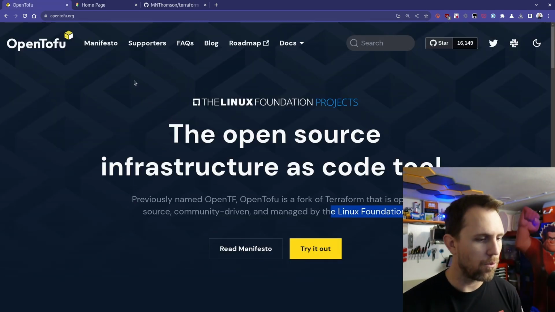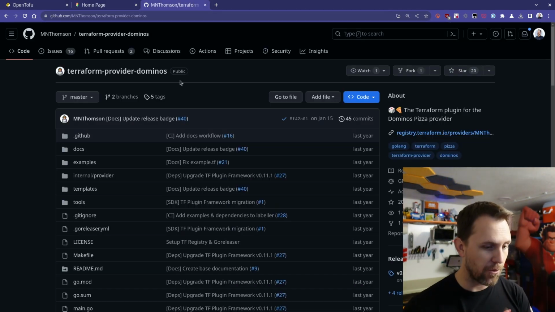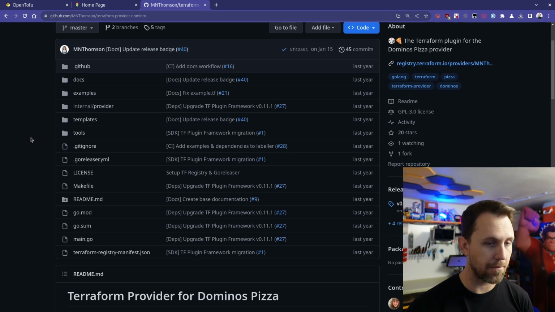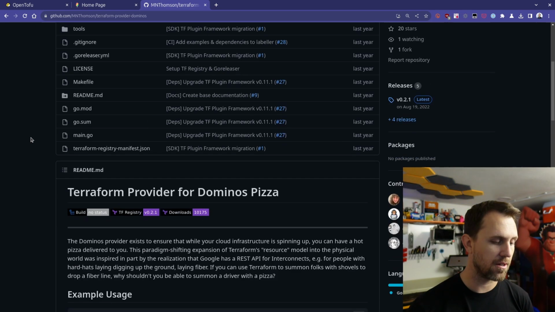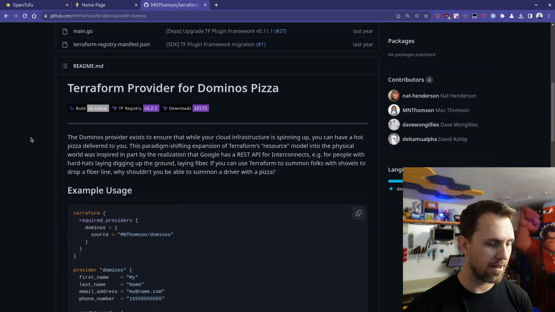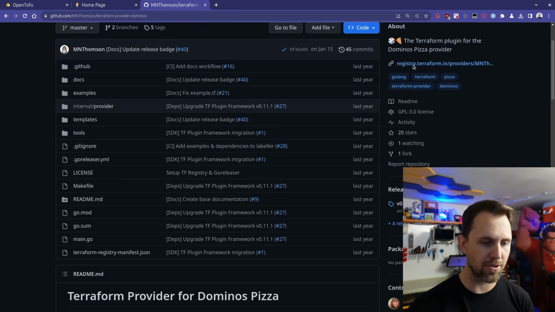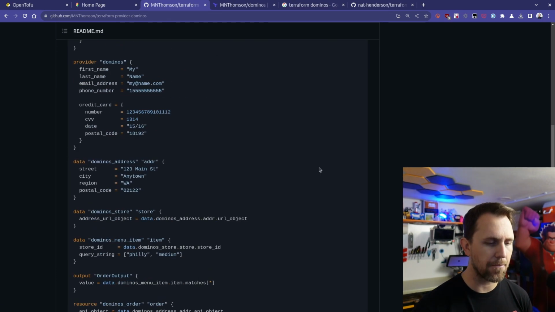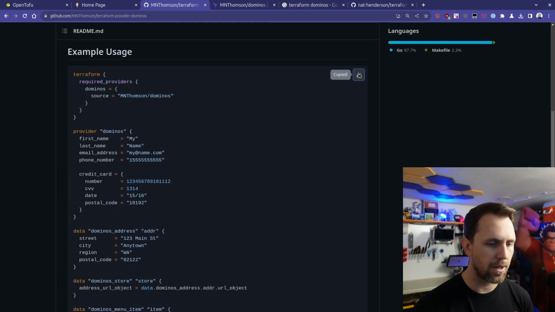So we're trying it out, and I'm going to try it out with this Terraform provider to order some Domino's pizza, because pizza is the best infrastructure that exists, and it is load-bearing infrastructure. I can get it on. So I have this great example here. Let's just go ahead and copy the whole thing,